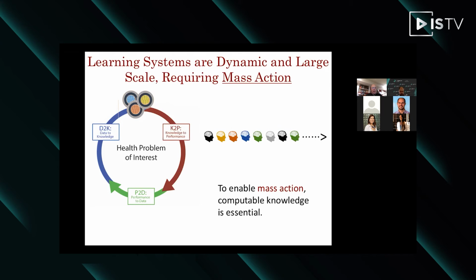A second aspect is the fact that increasingly in the modern world, the knowledge we are using to inform behavior change, to improve health, is dynamic. Our knowledge base is changing very quickly. So we need a far, far better way than journal articles can provide to update the knowledge we use.